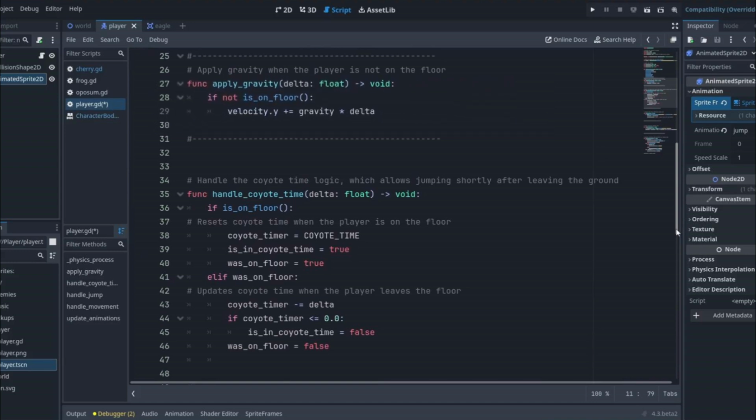First of all, we check if we are on floor. If we are on floor, we set coyote timer to coyote time, meaning it's now 0.2 or any value you set. Then we set is_in_coyote_time and was_on_floor equal to true. is_in_coyote_time indicates if we can jump, where was_on_floor indicates if we were on floor the